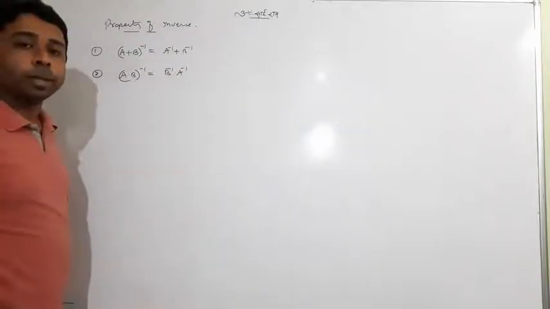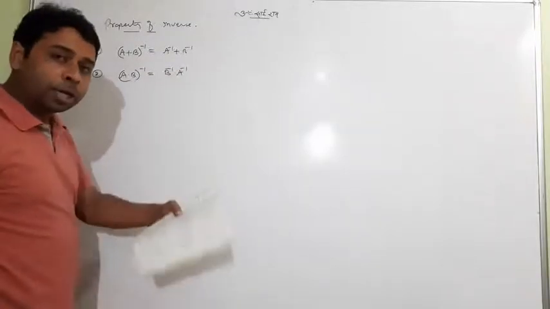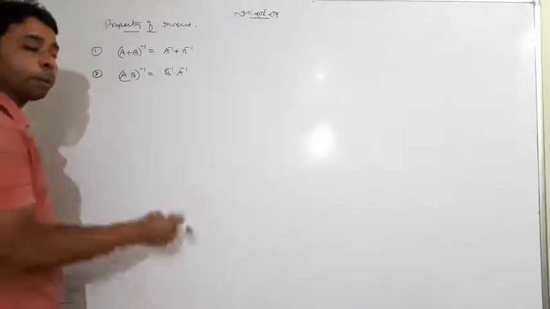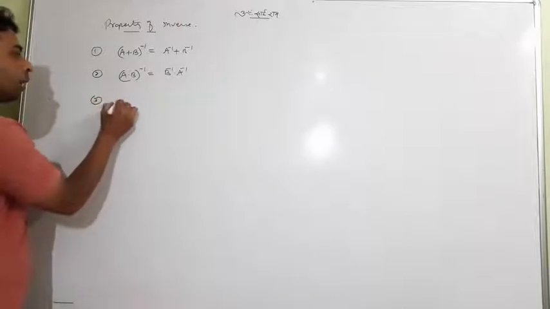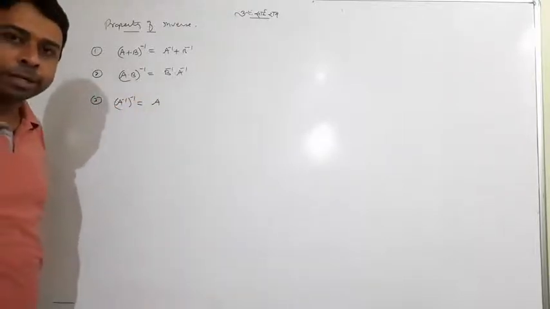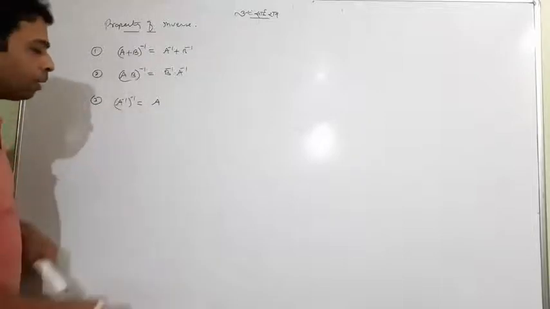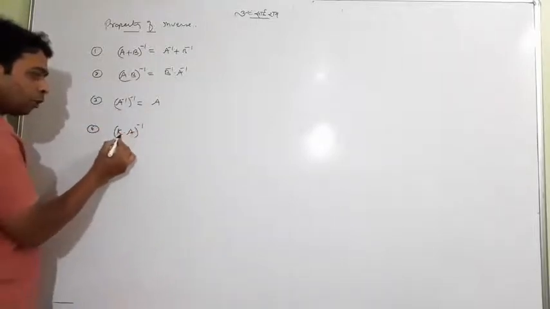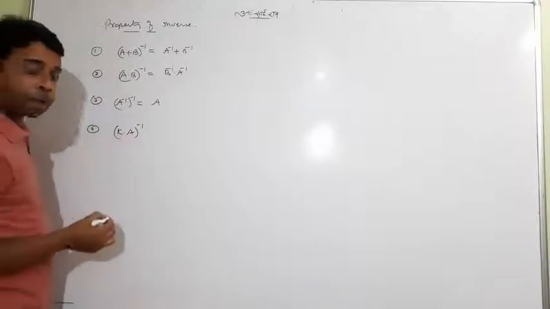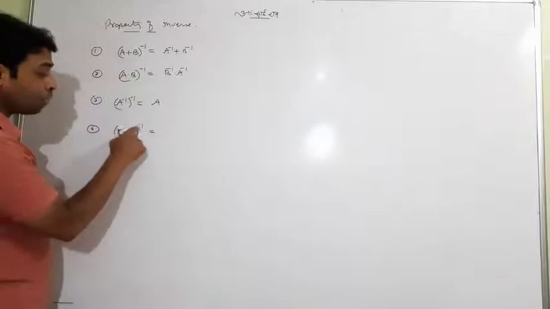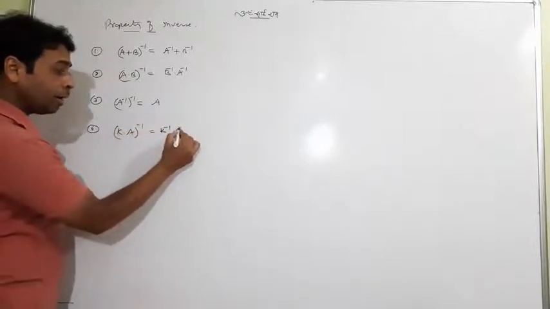Second one is again a formula. Questions may also be given with two matrices A and B. We have further questions upcoming. Third, the inverse of an inverse matrix is equal to the matrix itself. Fourth one is also very important. When any constant is multiplying A, when you find its inverse, very important that K also gets inverted and A also gets inverted.